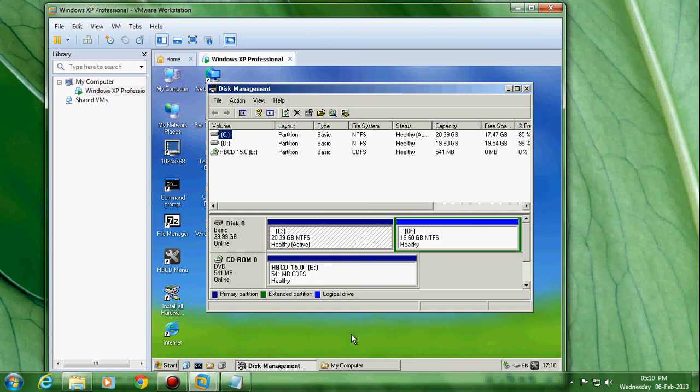Then copy the customer data from C, my desktop, my documents, and even from the D drive. And if the customer has more drives, take backup of all the drives from the internal hard drive to the external drive or pen drive, whatever you have with sufficient storage space. Then you can delete all the partitions, and you can get the hard disk at this stage.